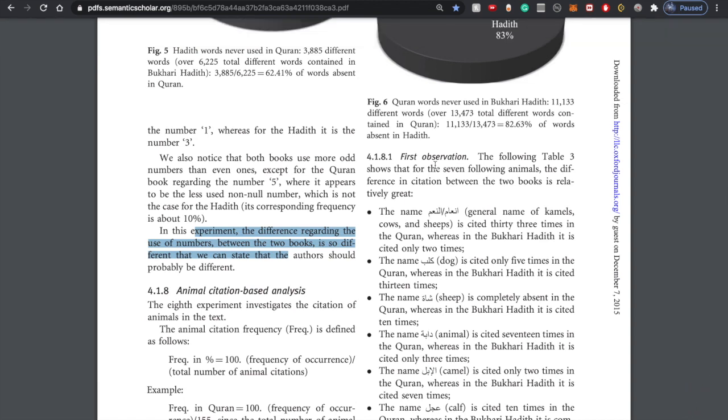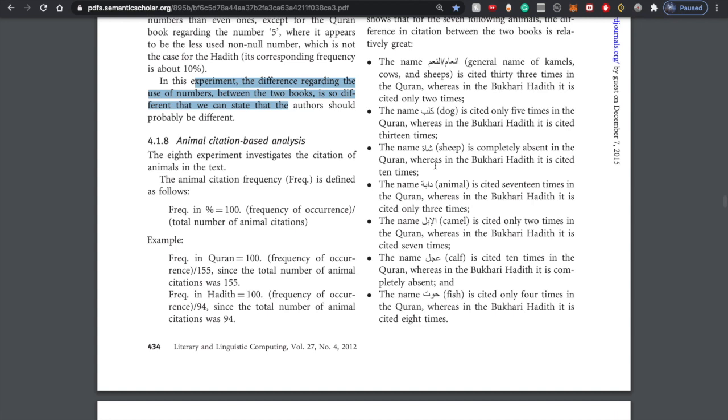The next one was looking at the animal citation-based analyses. So looking at what different animals are mentioned, and they also mention here that the contexts are similar. So the subject matter is similar. So it's not a matter of one book talking about certain animals more than the other because we have different literary contexts, but rather the contexts are the same. So they mention that in this paper as well, right? So what they found